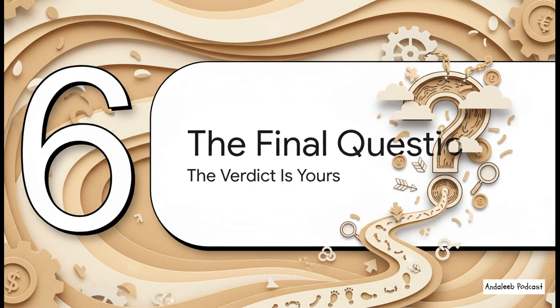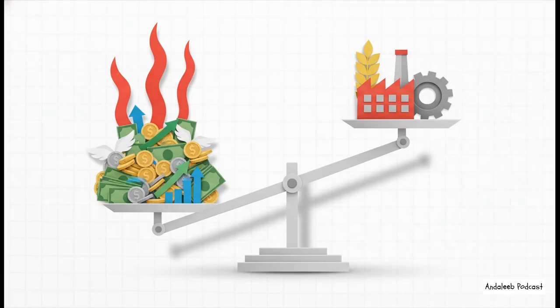We've followed the clues, we've seen how they connect, so now it's time to face that final, really difficult question about what comes next. So if you're gonna take away just one thing from all of this, let it be this. Dr. Hosseini argues that when you have an economy that is structured to reward making money from financial speculation more than it rewards actually producing the goods and services that people need, well then inflation isn't some accident. It's a built-in feature of the system.